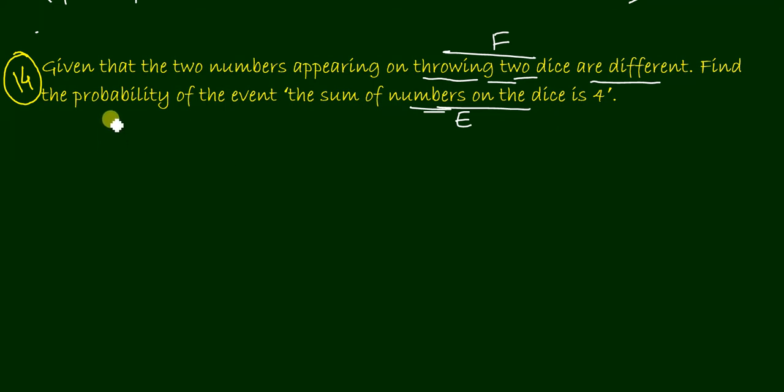So in this experiment, what are we going to throw? We are going to throw two dice. So the sample space contains what? 6 6, yeah, 36 outcomes. Number of outcomes in that sample space will be 36. So we have to find out the cases where we do not get doublets. Okay, both numbers should be different. Okay, two numbers appearing on the throwing of two dice should be different.